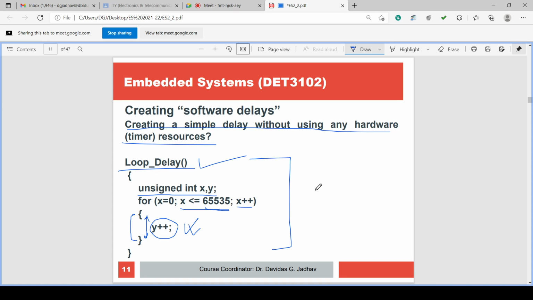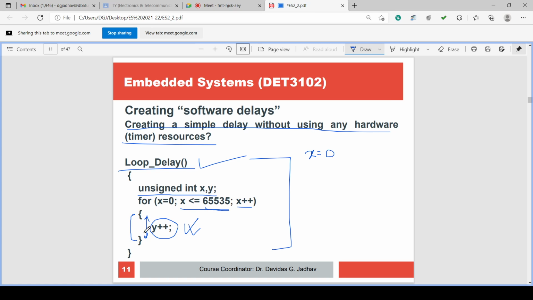Yesterday we discussed what the for loop does: it initializes x equal to 0, checks the condition x is less than or equal to 65535. Now it is less than 65535.